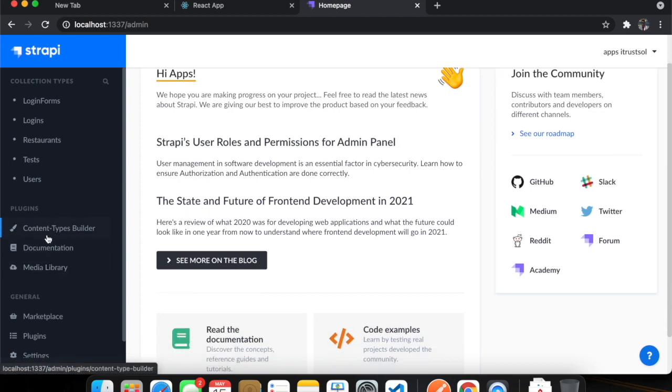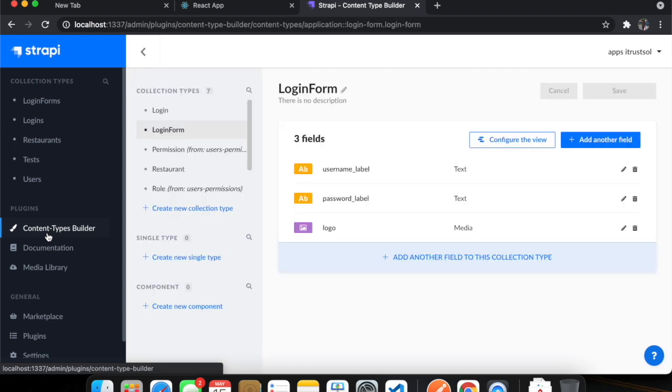This is where you will be creating all your content. You need to use the content type builder, and you can either create a new collection type or a new single type. The difference is, if you create a new collection type, the component that you create can hold an array of elements, and if you create a new single type, it will be just a single element, like a single JSON object. Now I have a component called login.